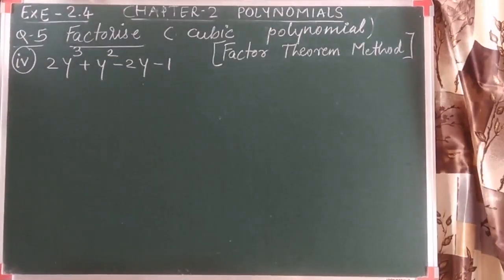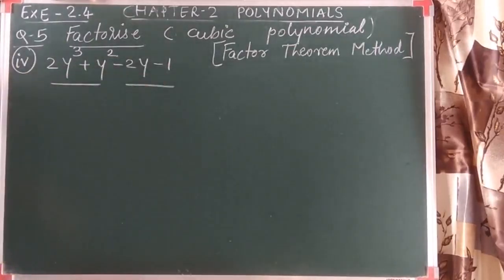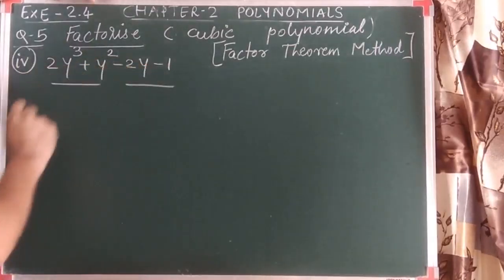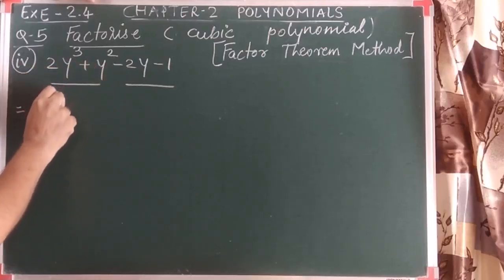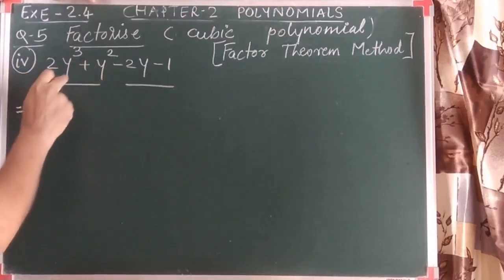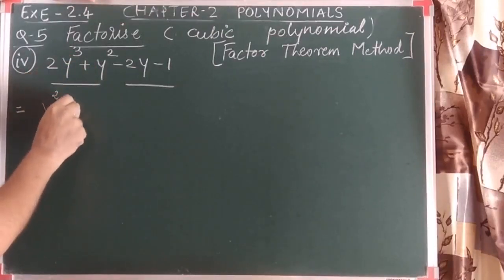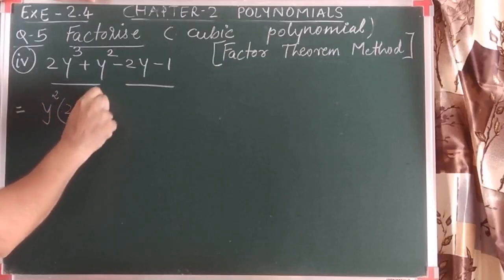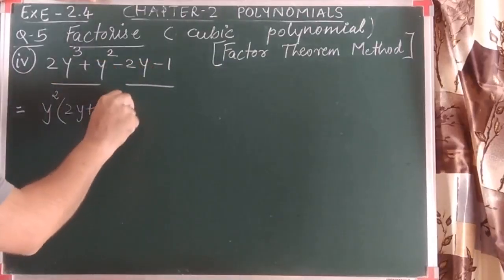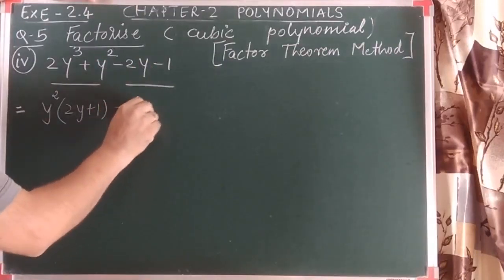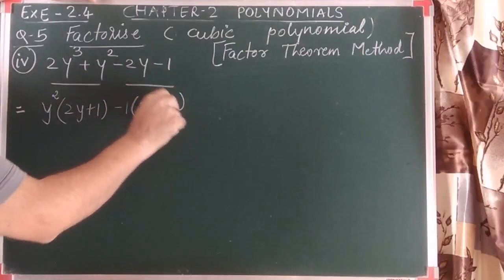So what is new? I just want to explain to you. Let's make a pair of the first 2 and last 2 terms. You can see that what is common from the first 2 is y square. So when we take out the common y square, it remains 2y plus 1 in the bracket. From the last 2 we have to write the sign of the third term. Nothing is common, so 1 should be written. As we discussed, when we take out a minus common, the sign has to be changed, so it becomes plus 1.